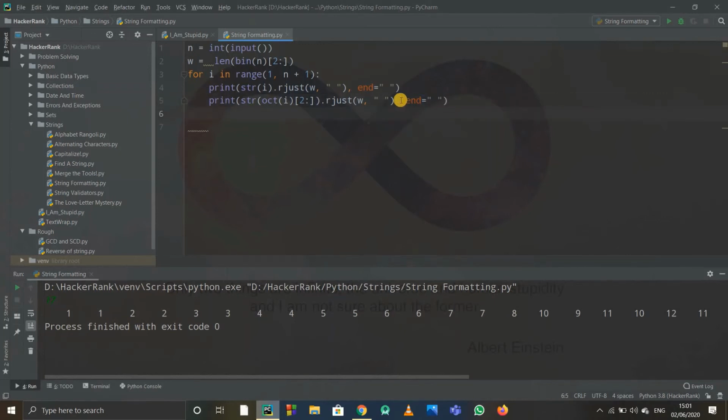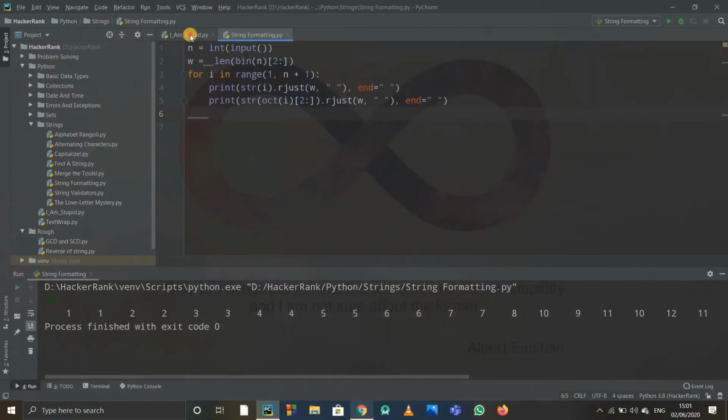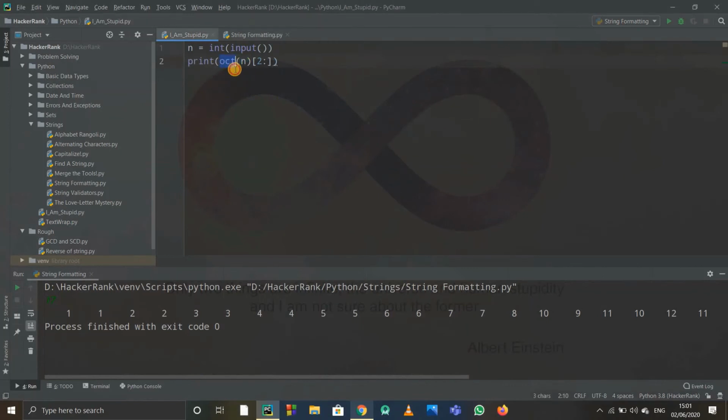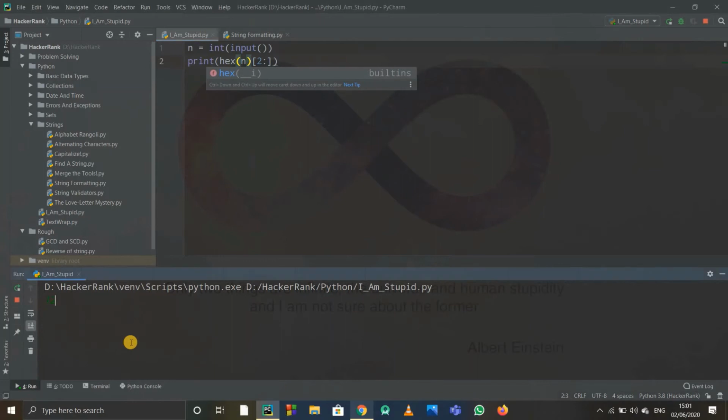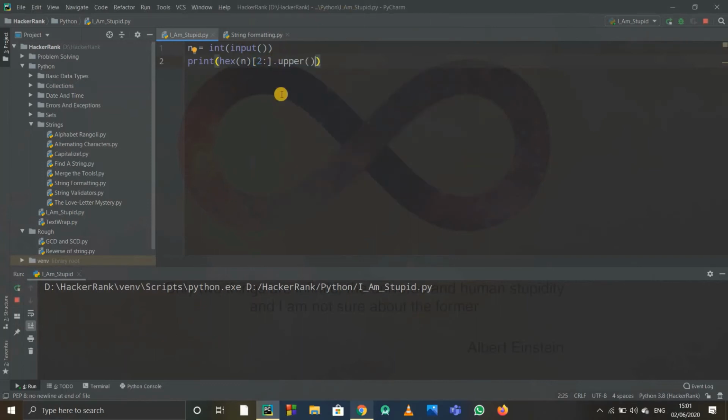So again I'll print out, now what values do I want? Hexadecimal, if I'm not wrong, okay, hexadecimal, and that too capitalized. So first of all let us try to print out hexadecimal. If I write hex of any number, say 12, it will be c, but they have told us to print the upper value, that is the capitalized value, uppercase letters. So when I write upper, if it is a letter, then it will convert it into an uppercase letter. We got a capital C. That's what I'm trying to use over here.